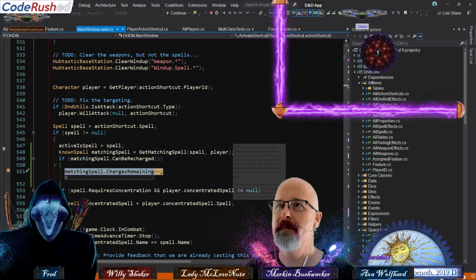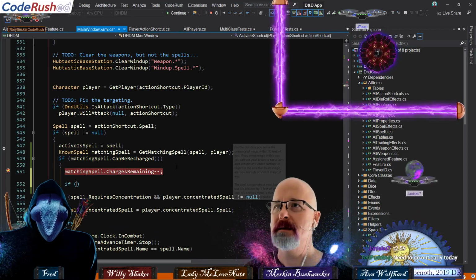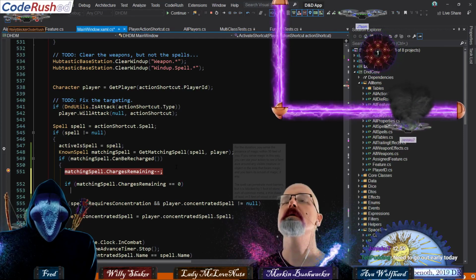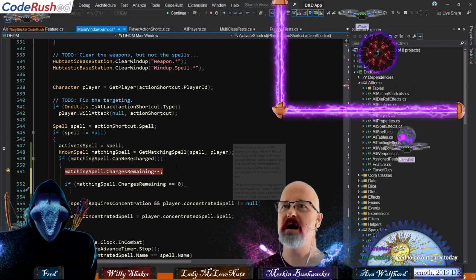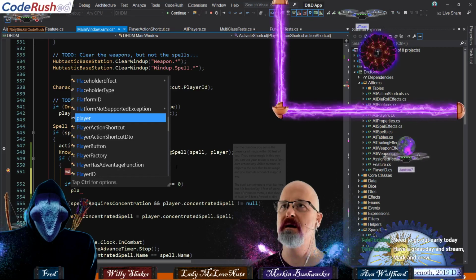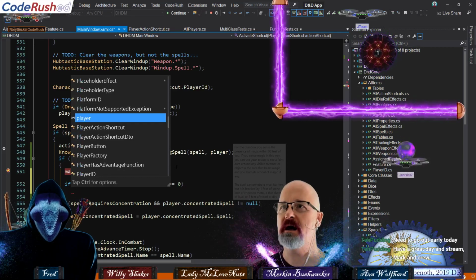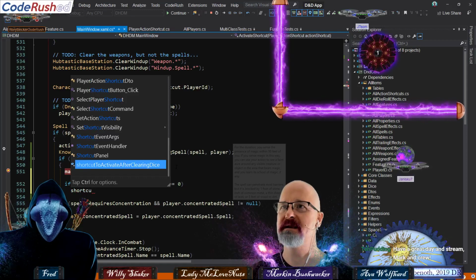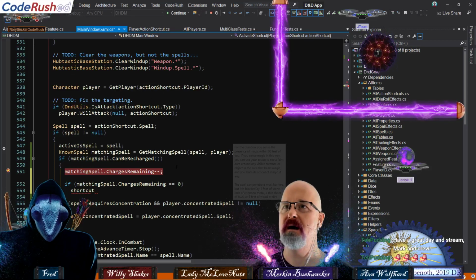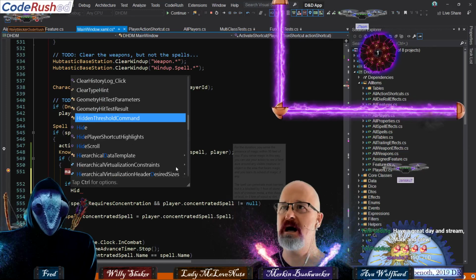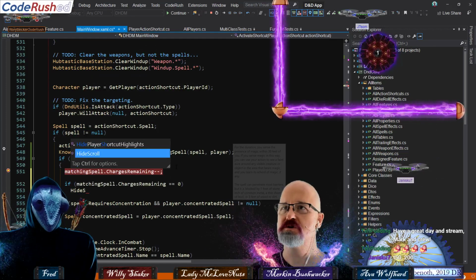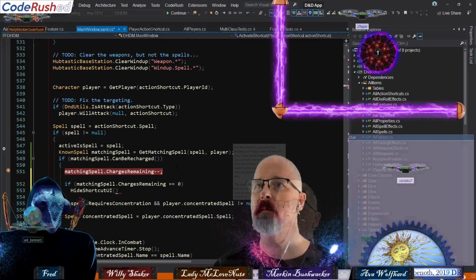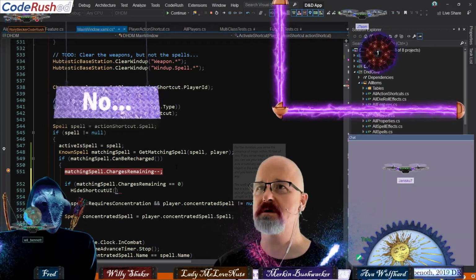Hold on. If it's 0, then we're going to say player, the shortcut. Oh, the shortcut, though, it isn't a control. What's the shortcut sitting in? I want to say something like this. Hide shortcut UI for the shortcut.